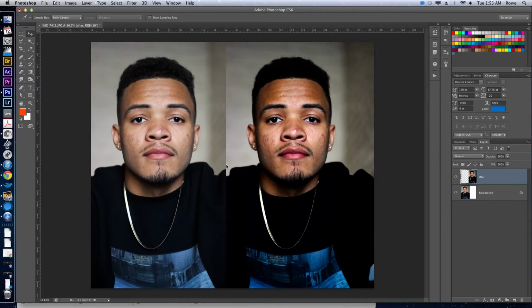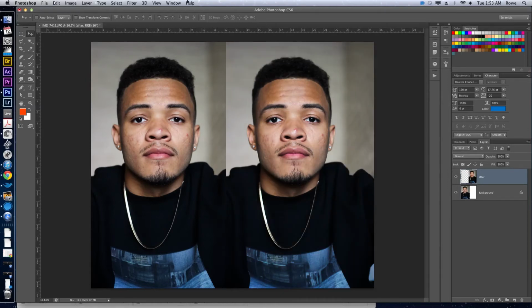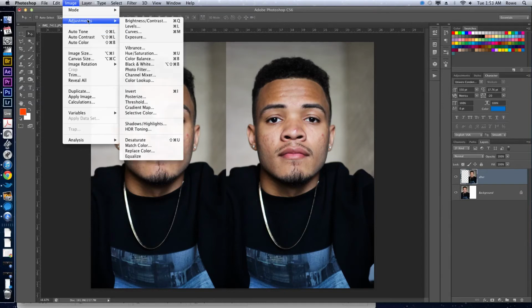Okay, so as you can see with the levels, it made the blacks a lot darker. It crushed the blacks so that we got a lot more detail into the picture. I'm just gonna undo that so we can go back to our original shot. Now we're going to go to, let's see,